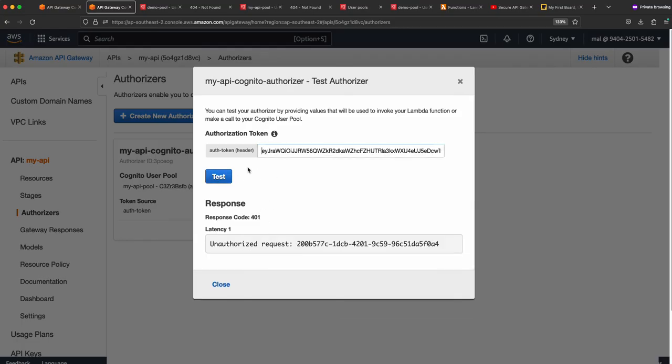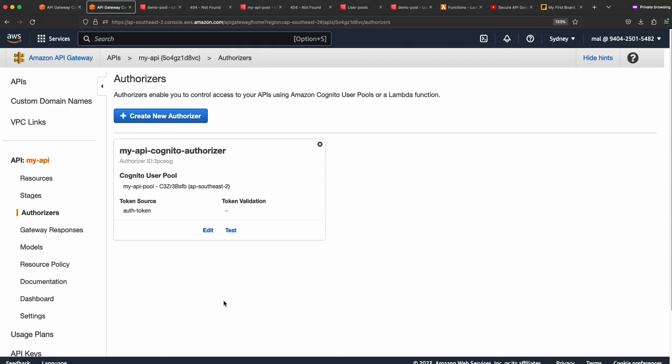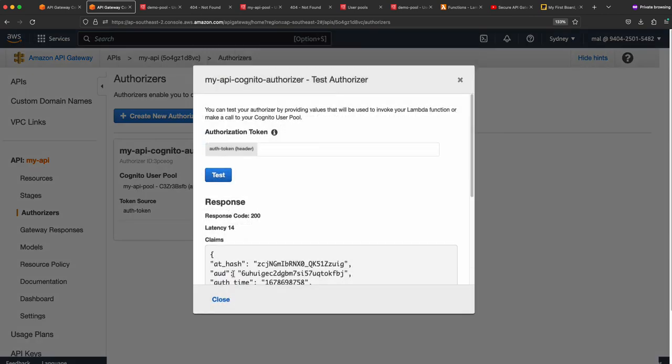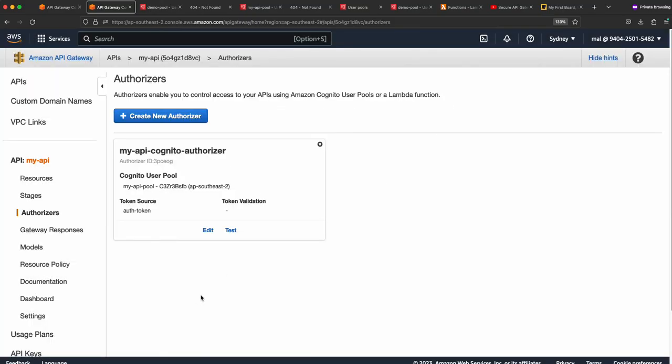Basically, this is where you can check your authorizer is working. So in this case, you need to put the ID token to test. So make sure it's an ID token, because when the user accesses the API gateway, you need to use the access token. That's why I emphasize, if you test the authorizer, you need to use the ID token. So the authorizer is working. What we're going to do now, we need to hook this authorizer to our API gateway,